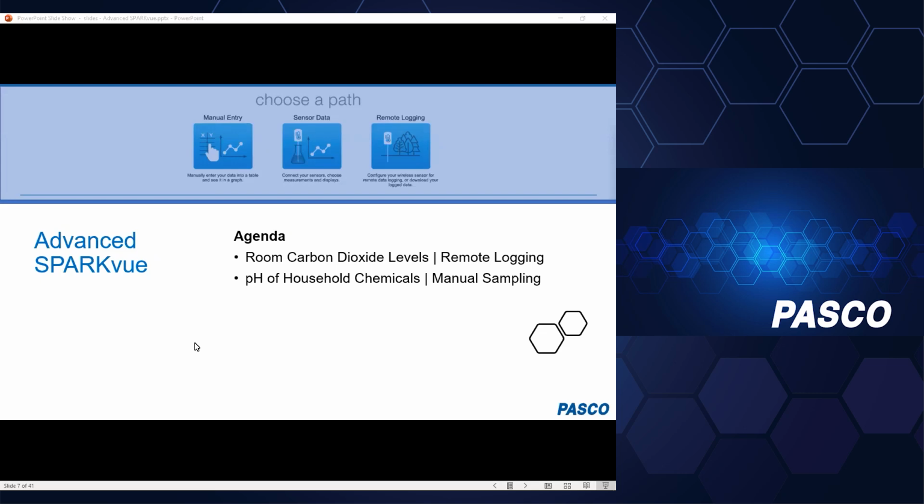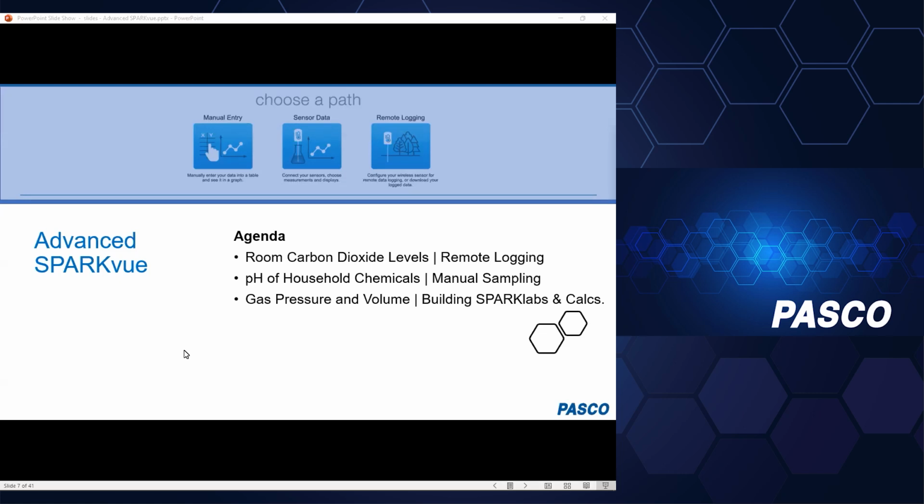Here we're going to look at the pHs of a variety of household substances, and we're going to look at a technique that might allow us to do this easily within SPARKvue and get us the information that we want in the displays that we want. We're going to use a similar technique when we jump into an analysis of gas pressure and volume. I'd say this is our main activity today because not only are we going to collect that data,